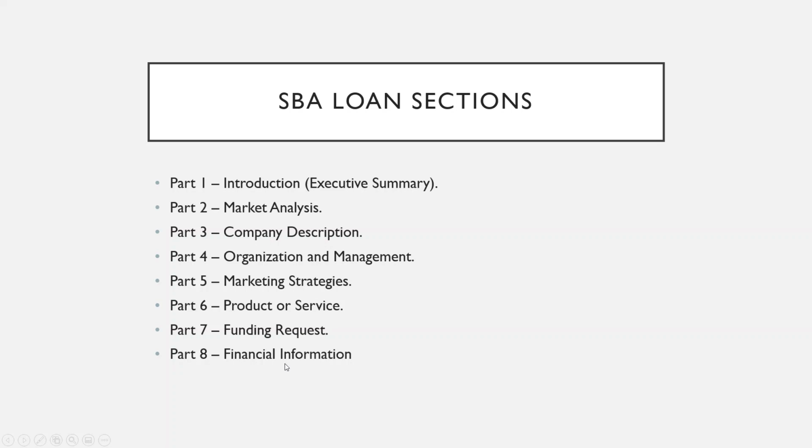This is how you're going to make your money. The financial section is going to be how much you expect to sell in a week, in a month, in a year. What are your costs aligned with those daily, weekly, monthly sales projections? All right, so that's going to be your loan sections.